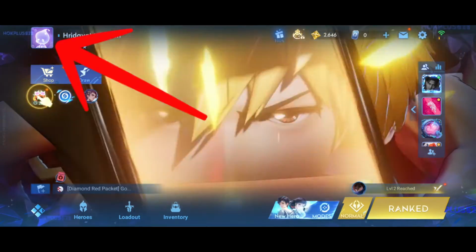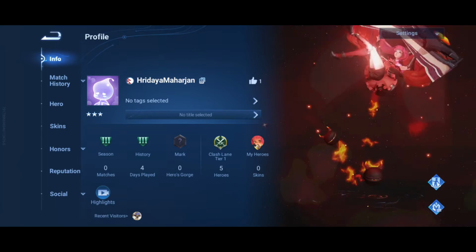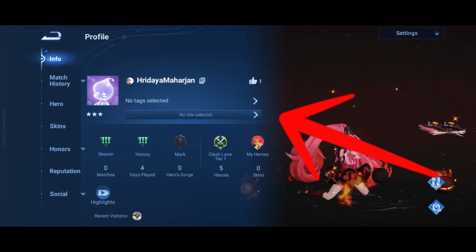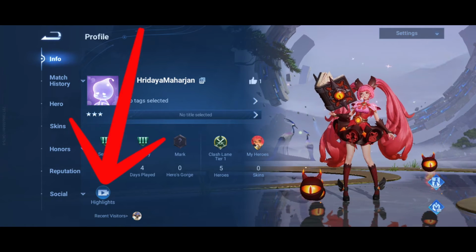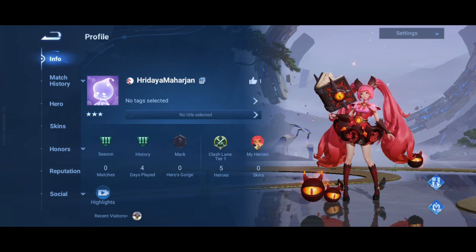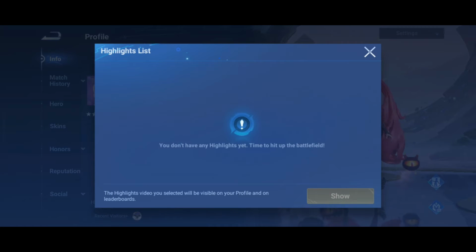Now here on the left top, simply tap on your profile icon. So here we are in this profile settings. Here you'll be able to see your profile name and different options and histories too. Now on the bottom there's an option called highlights. Simply tap on highlights. So this is the place where you'll be able to view your gameplay and different highlights